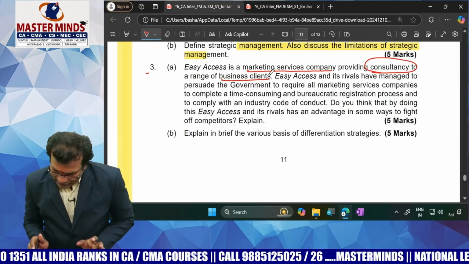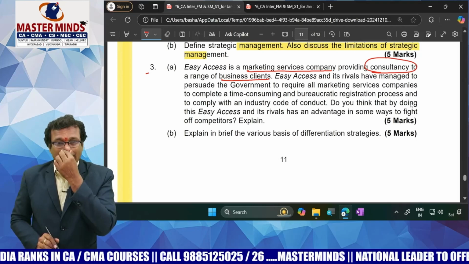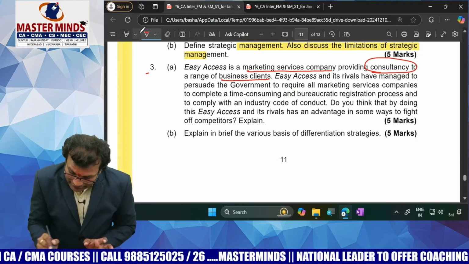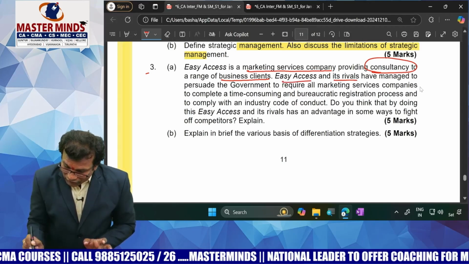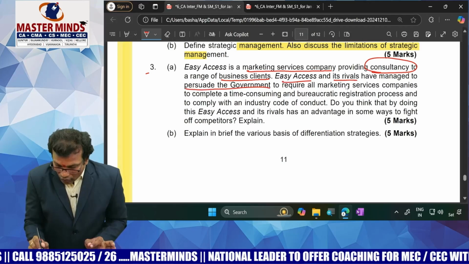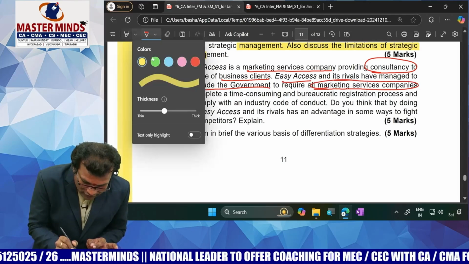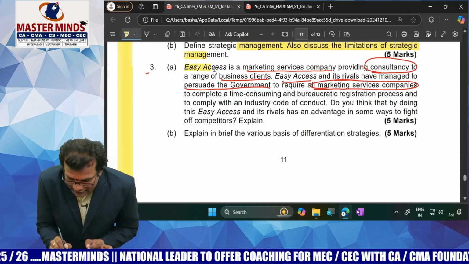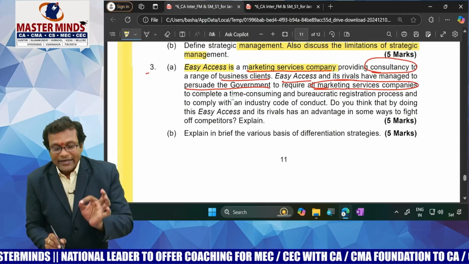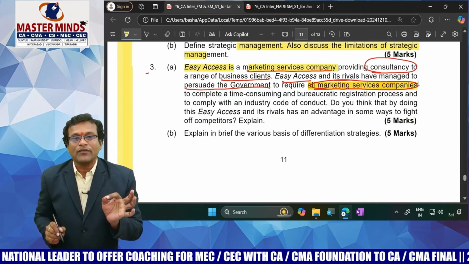Easy Access and its rivals. Look at the usage of words here: "Easy Access and its rivals have managed to convince the government to require all marketing services companies." Have you understood this phrase now? Easy Access is a marketing services company, and they are trying to convince the government that all marketing services companies,